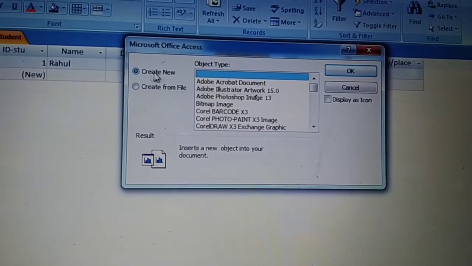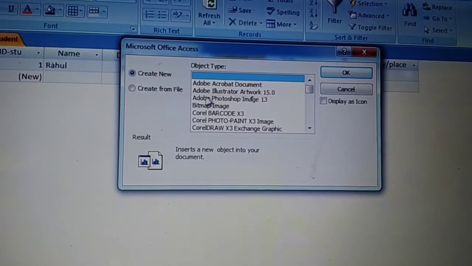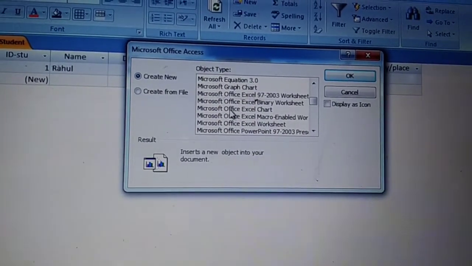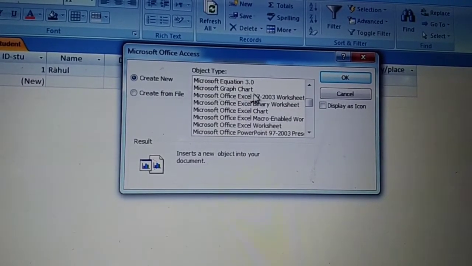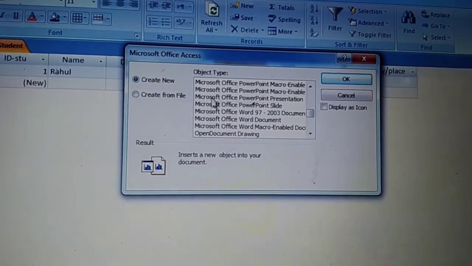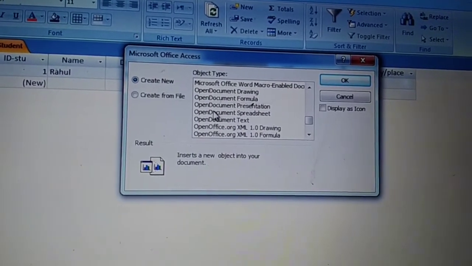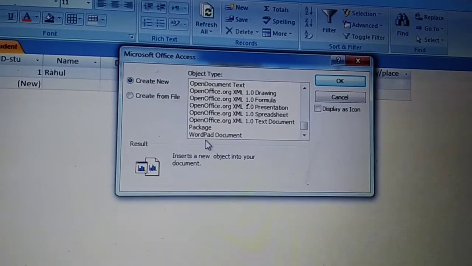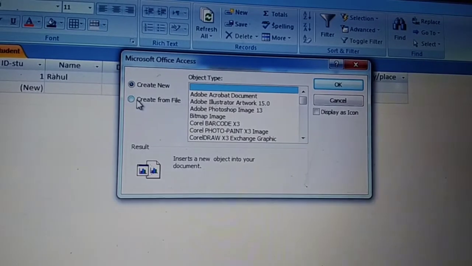If you want to create a file, then what kind of file do you want to create? It can be Adobe document, Adobe Photoshop image, bitmap image, or a Microsoft file, Microsoft Excel, PowerPoint document, Word document, Open document file, XML, WordPress file, whatever file you want to choose, you can select it from here.